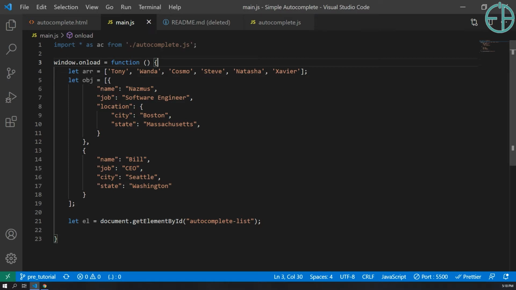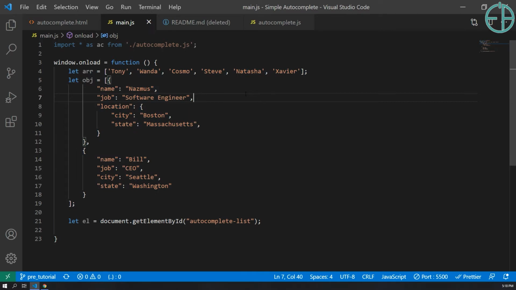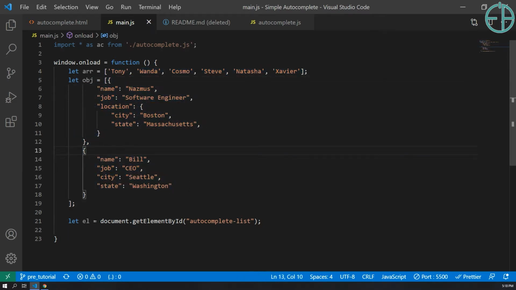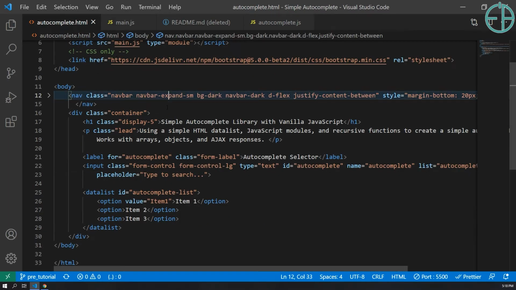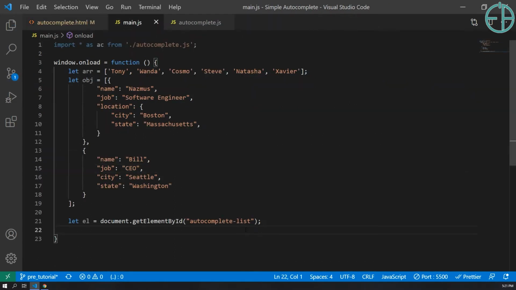So when the page loads, when the window loads, we have a couple of objects. This library will be able to both differentiate between arrays, lists of arrays, as well as crawl JSON objects as complex as this. We already assigned our autocomplete list element to this L variable. I'm going to get rid of this, just hide it so that it's not used. So once we're here, we are ready to start coding our autocomplete library,